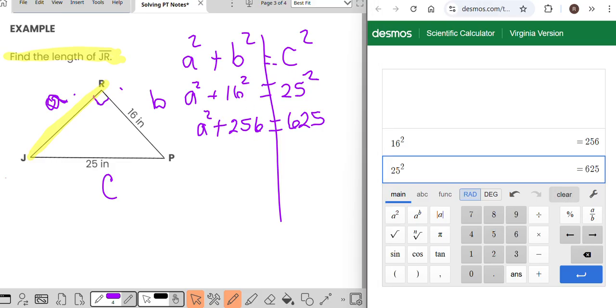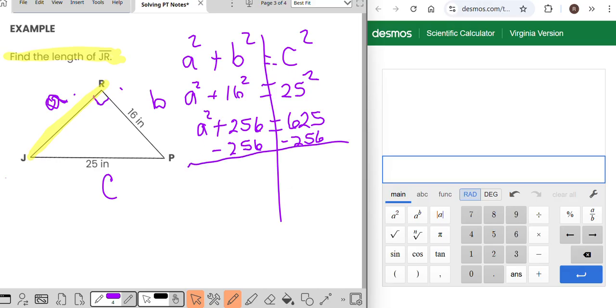All right, so let me go ahead and clear my calculator. So if that's a positive, I know it's going to be a negative 256 on each side. This line down the middle, remember, keeps us balanced. If you do it to one side, you must do it to the other. So that brings your A squared down. That's gone. Equals, and then we can do 625 minus 256, which gives you